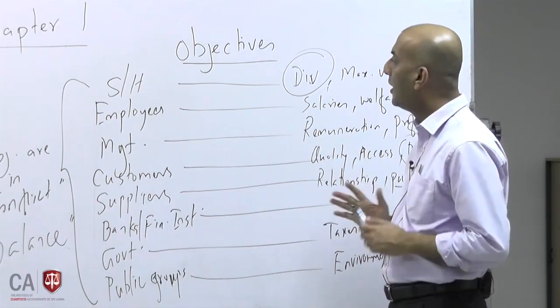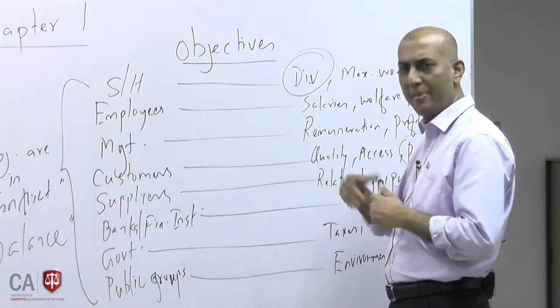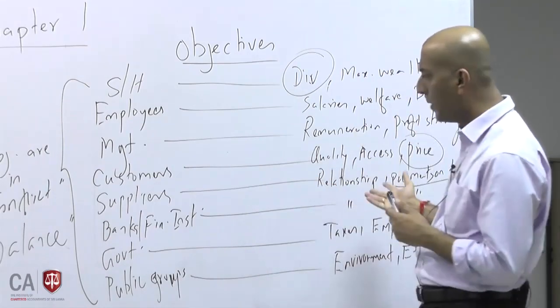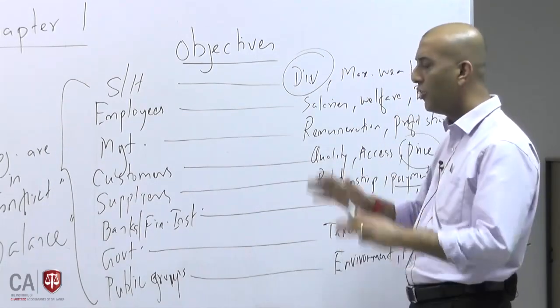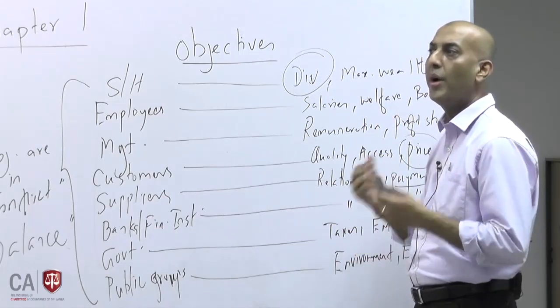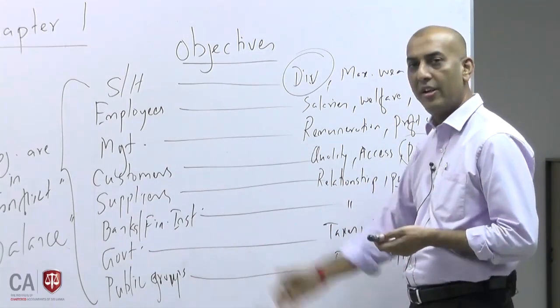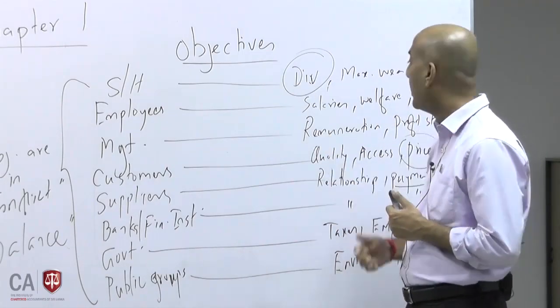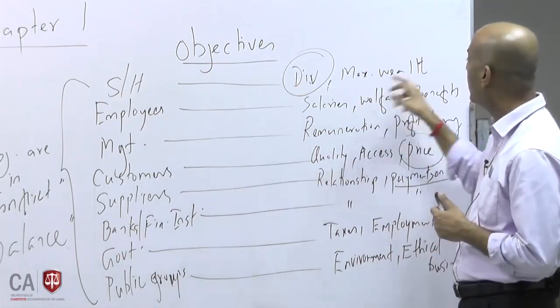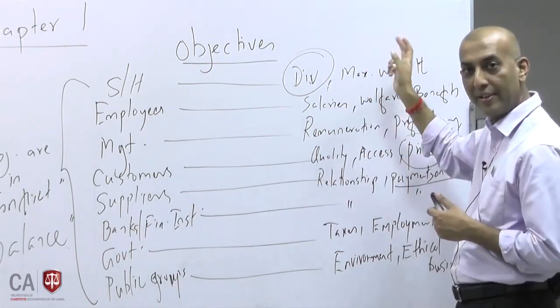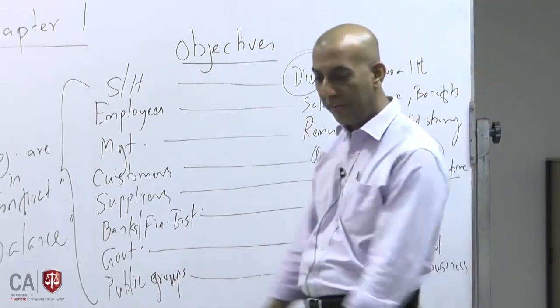This is knowledge you should have in any business, any industry. These are common. You will have objectives, and the objectives conflict. So how do I balance these objectives for the survival of my company in the long run? That is the primary objective of shareholders, maximize the wealth. So the long run is the target of surviving.